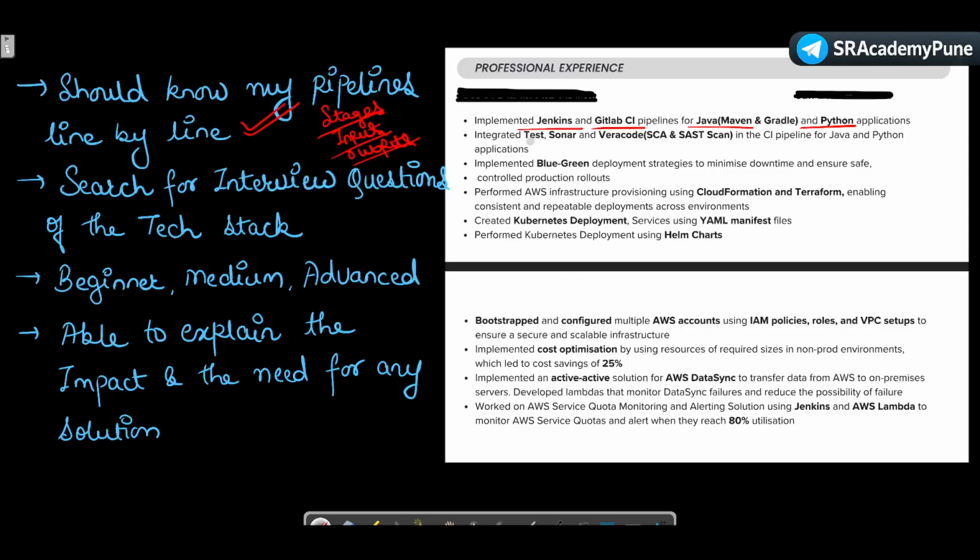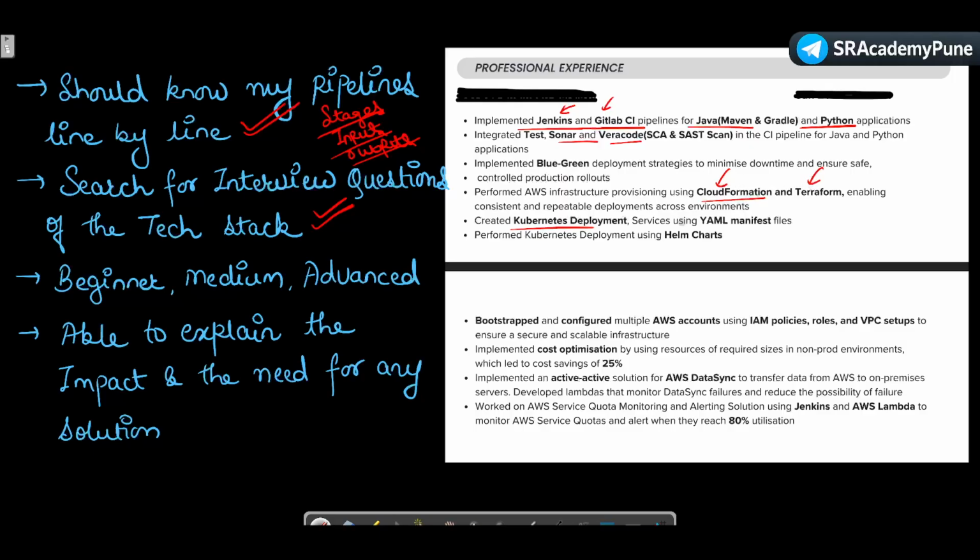And as in my CV, just search for interview questions of the tech stack. What do I mean by that? Let's say I've mentioned Jenkins, Java, Maven, Python, Sonar, Veracode, CloudFormation, Kubernetes. Just go to Google and search for Jenkins interview questions, GitLab interview questions, CloudFormation interview questions.